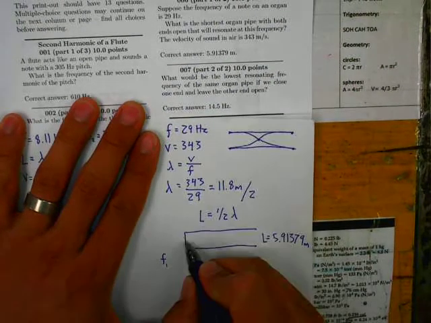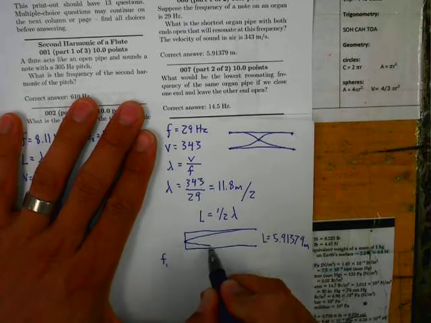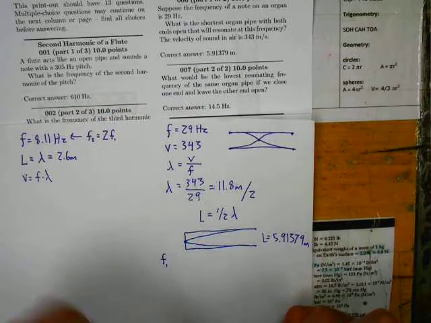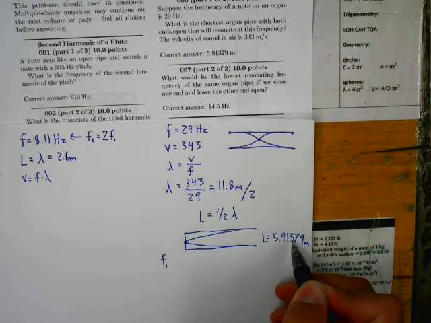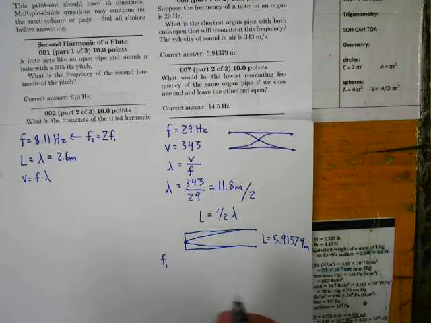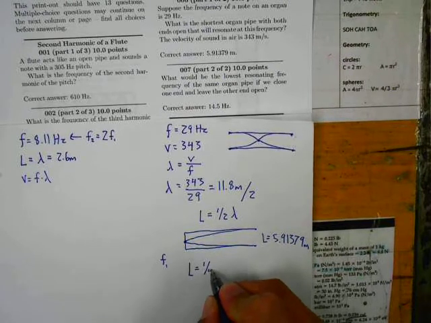And then let's draw the wave in here as well. So for the fundamental, it looks like that. Okay, and relating this to lambda. Okay, so for closed-ended pipes, our notes say that the length of the pipe is equal to 1/4 of a